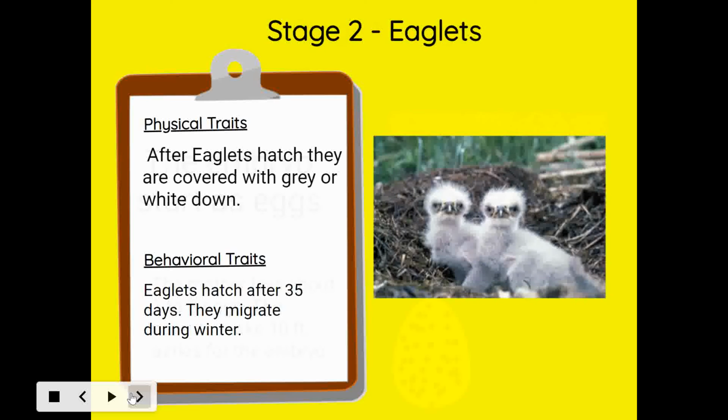Stage 2, eaglets. Physical traits. After eaglets hatch, they are covered with gray or white down. Behavioral traits. Eaglets hatch after 30